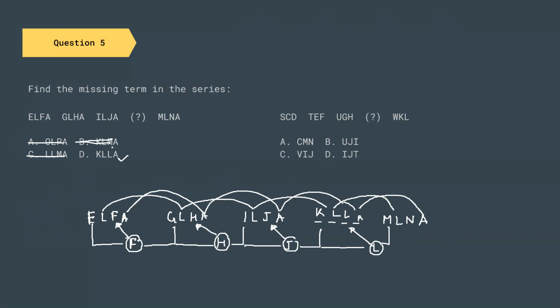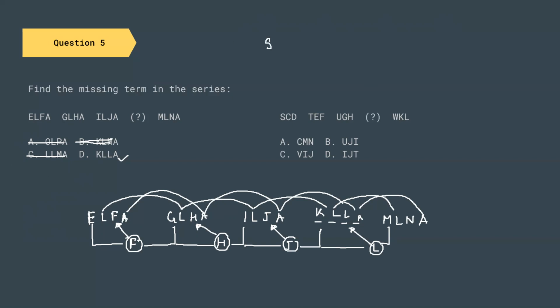Now there are a few things that you have to keep in mind. Students make a mistake when they see that none of the letters are repeating here, so they think that KLL is the incorrect option. So after they get K, they eliminate KLL as an option and go for option B. That is why they have given this pattern, so that they are sure that you are looking into each and every possibility available. So this is done. Let us go to the second pattern.